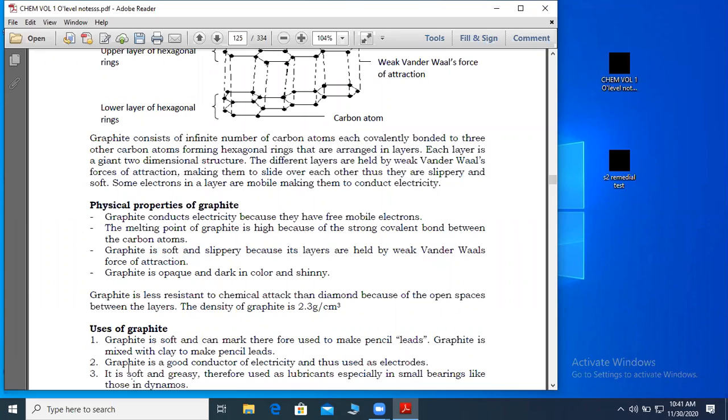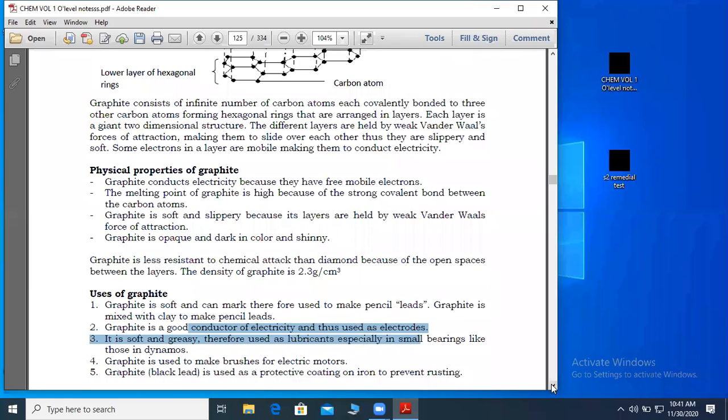Uses of graphite. I've already told you the best use is that of a pencil. Graphite is soft and can mark, therefore it is used to make pencil leads. You don't have to write all this. When I ask you the use of graphite, just say it is used to make pencil leads or pencils. Then, since it conducts electricity, it is used as an electrode. Then another important use,